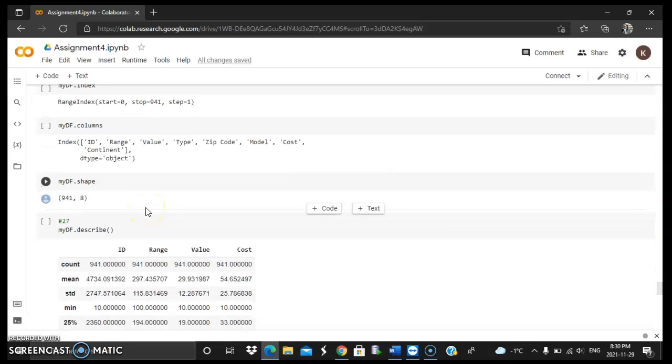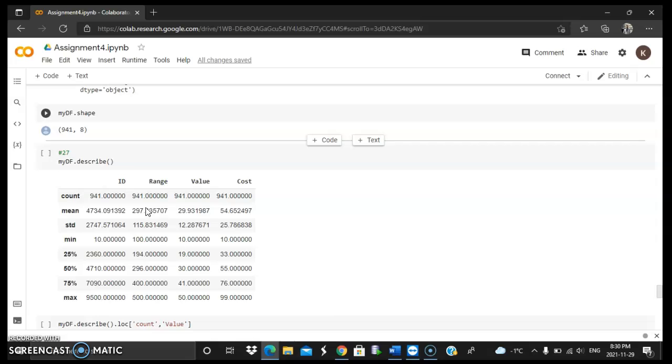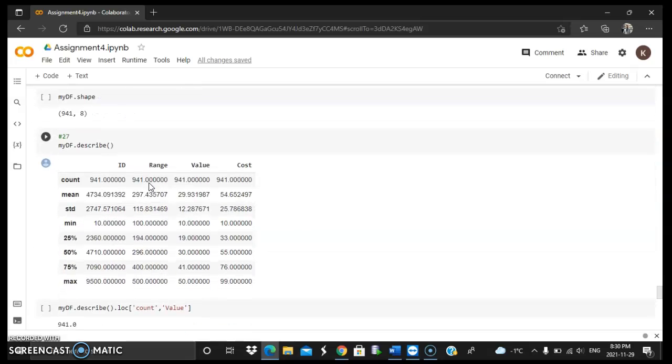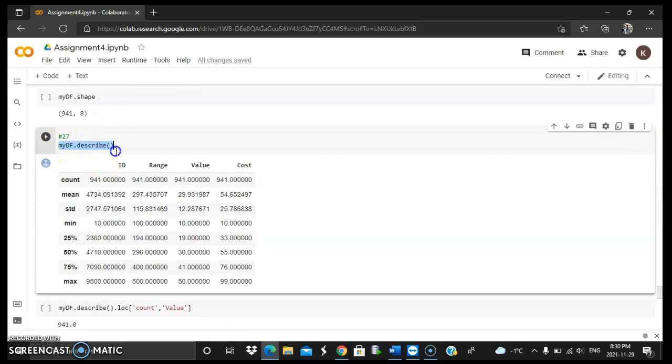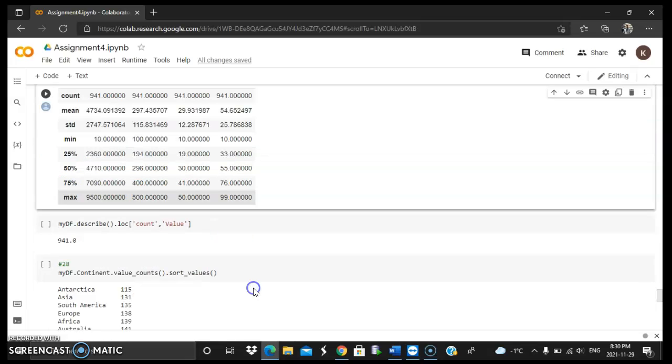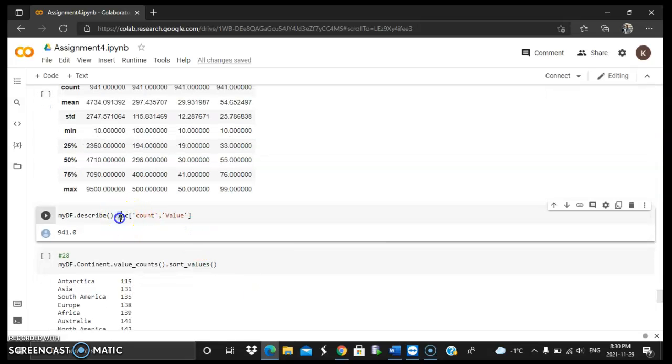Coming to question number 27, try the method to see the statistics of mydf and fetch the values in the column. So we do mydf.describe. It's going to give us all these values, and then using the describe, we make sure that we have count and value, which